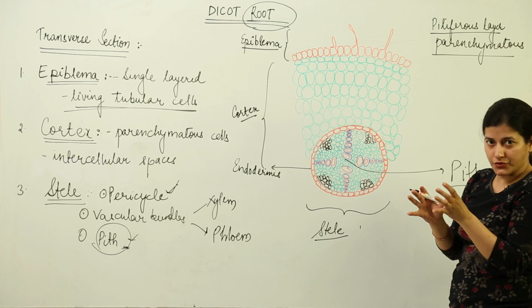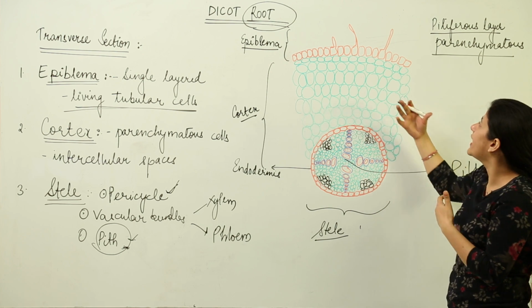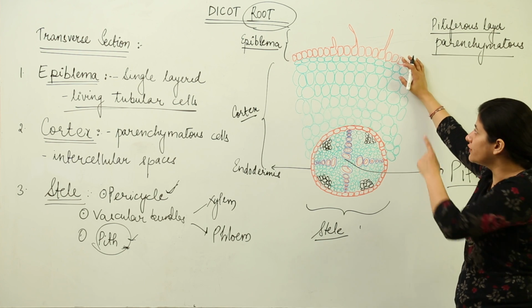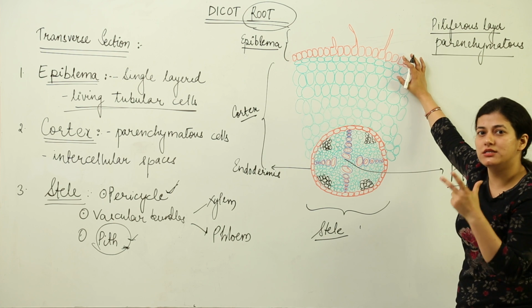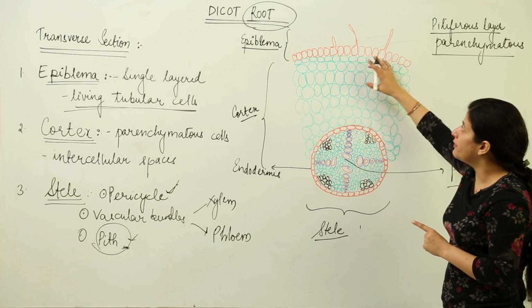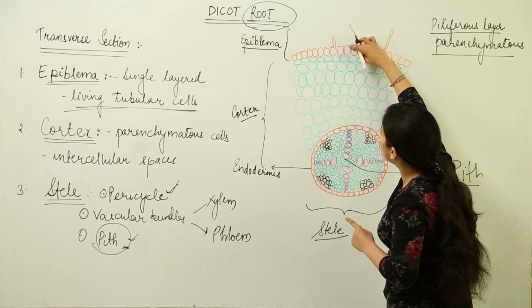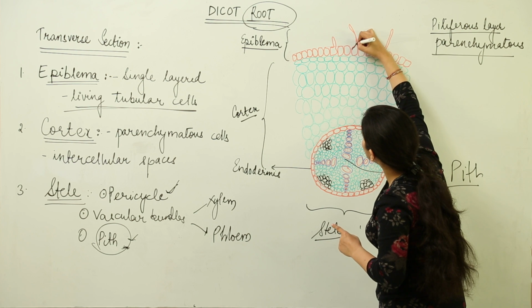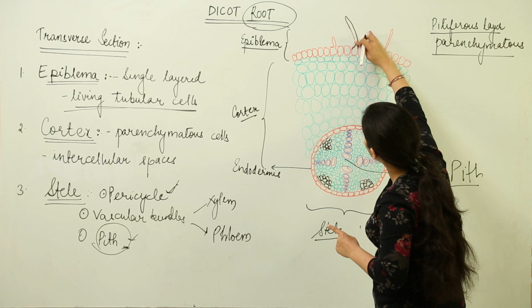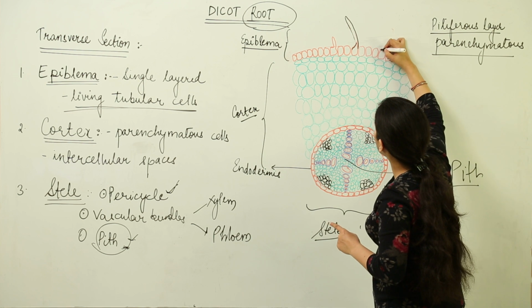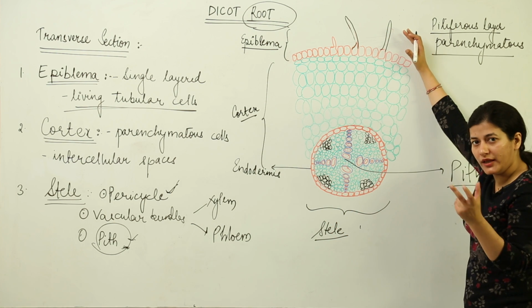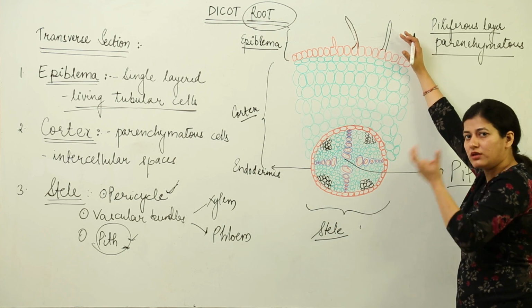So in order to accomplish that absorption in a better way, what is required of these cells is that they have large surface area, and for that large surface area, these epiblema cells have their outer surface protrusions. As you can see over here, this outer surface protrusion is a root hair. Okay, the epidermal cells, their outer wall has protruded,